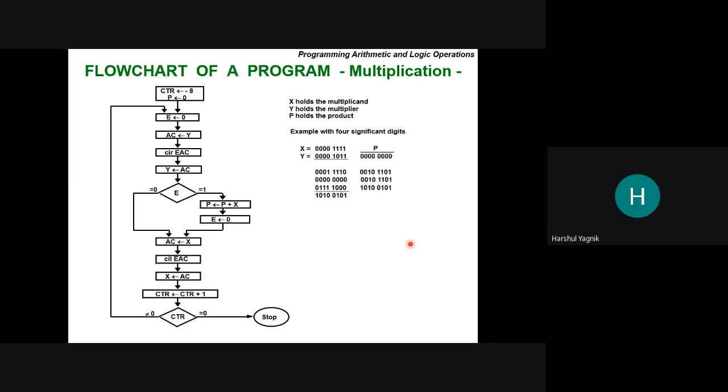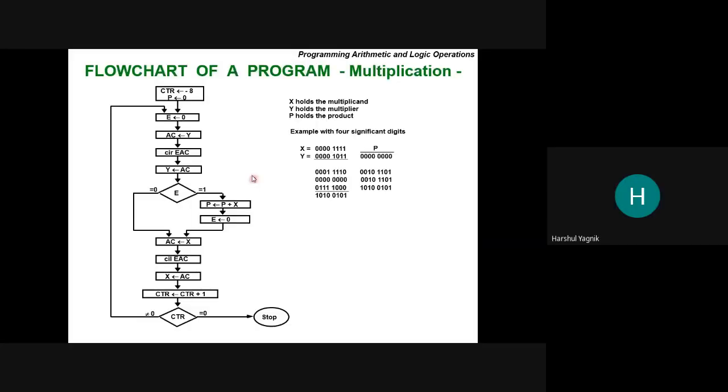Just a quick summary is that every time one of the operands is shifted, right? As you can see over here, this 1111 is shifted. Shift and add, shift and add, shift and add. That process is followed. That is equivalent to the multiplication process, and the result would then be stored in the label which is assigned value P.